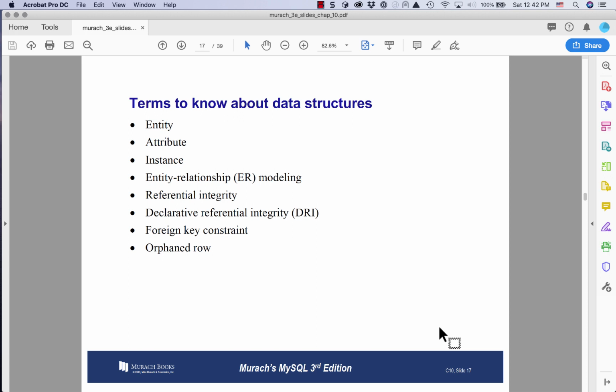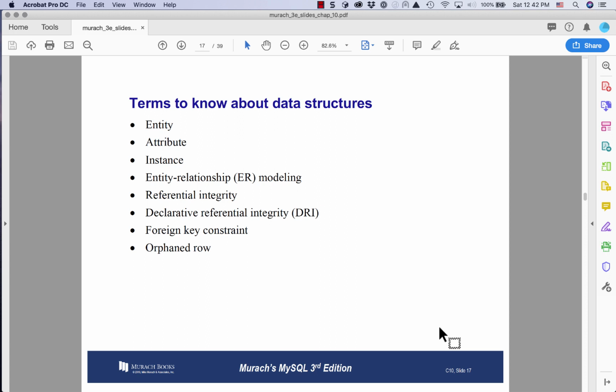We've already talked about instances. So in relational databases, again, the entity types become the tables, and the entity instances get represented by the